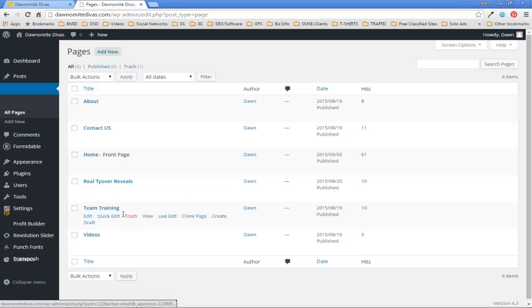There's a couple ways to edit your page, but where I use the Profit Builder Visual Live Editor, you don't really want to even bother going to edit or quick edit, because that opens it up in the WordPress page editor, and that's not what we want. We want to be in the Profit Builder Visual Live Editor, so we want to click Live Edit. And once you do that,